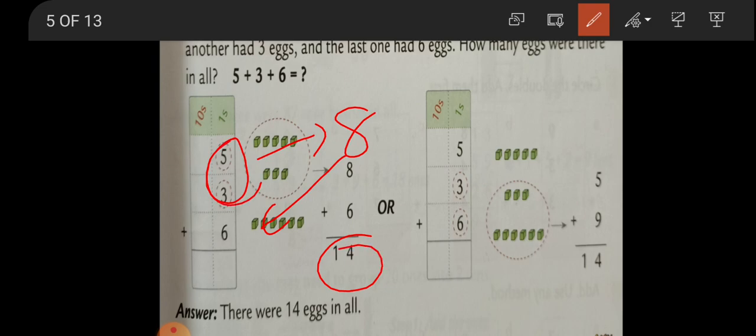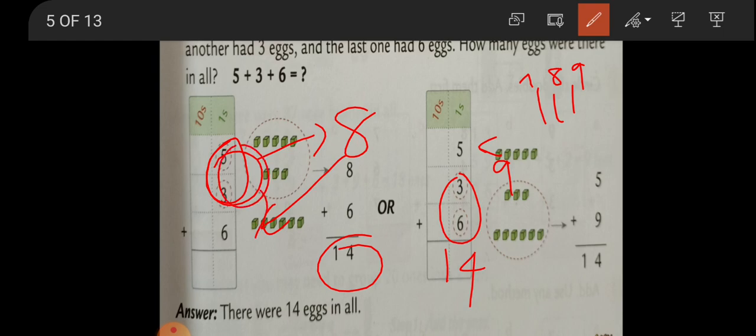Now it is not necessary that we do 5 plus 3 first. Now you can take 6 plus 3 also. Okay, 6 and 3 is how much? 6 in mind, 3 fingers up, forward counting after 6: 7, 8 and 9. You get 9. Now add this 9 with 5, because you remember you have to add all the 3 numbers, don't forget, son. So 9 in mind, 5 fingers up, forward counting after 9: 10, 11, 12, 13, 14, right? So whether you add 5 plus 3 first and then 6, or you first add 6 plus 3 and then 5, it's the same thing.